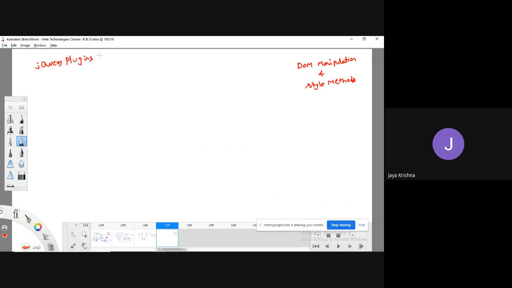Guys, I think you have come across the word plugins. So, what do we mean by plugins? Think about it. Plugins add an extra functionality to anything. For example, if you take any kind of hardware component, for example,